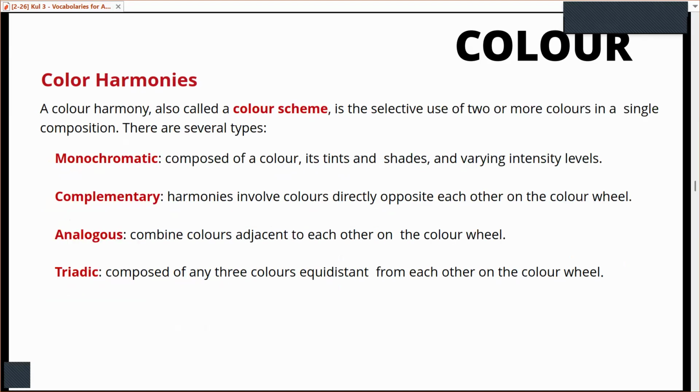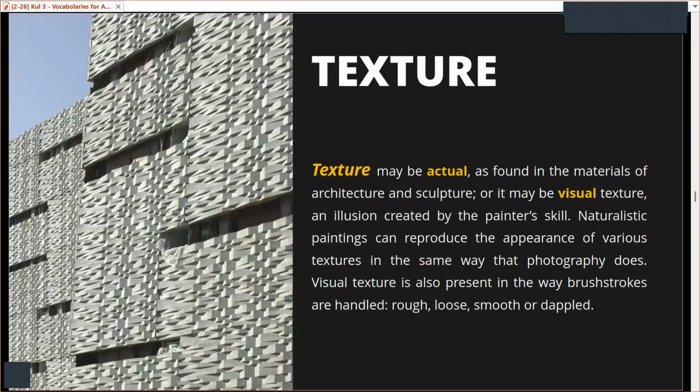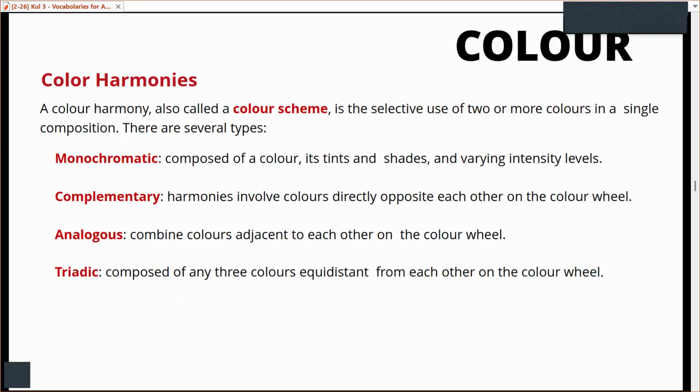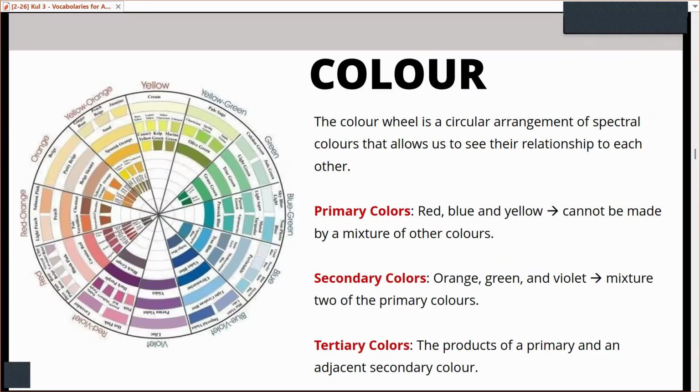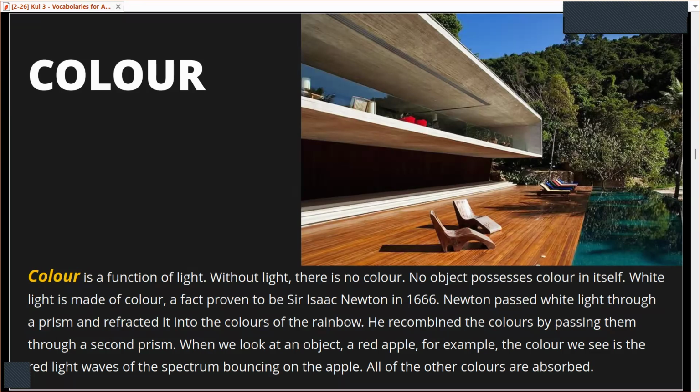Ada juga yang color monochromatic, ya. Tentunya we know that monochromatic uses less color, ya. And then it plays with tint and shades and intensity of the level. And then complementary, ada yang analogous and triadic, but this is not something that we need to delve into. But what I want to emphasize with colors is that you need to be careful with using colors because